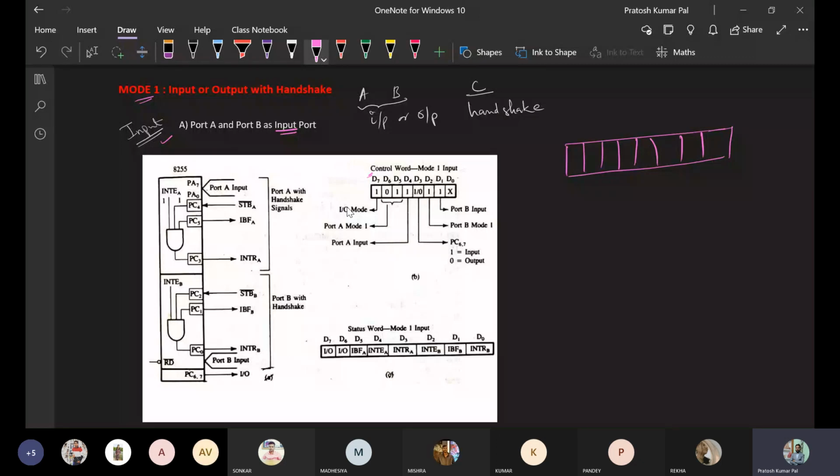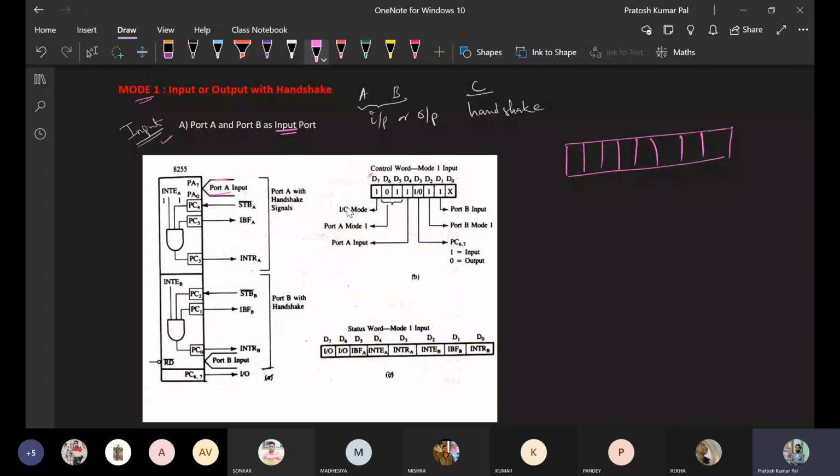If port A and port B are working in input mode with handshake signals, we will see the configuration. So this is port A. Here port A is working in input mode, so it is indicated like this. If it is working in input mode, that means the microprocessor will be taking data from the peripherals. The port working as an input port means whatever external peripheral is connected to that port will provide some input through that port to the microprocessor.